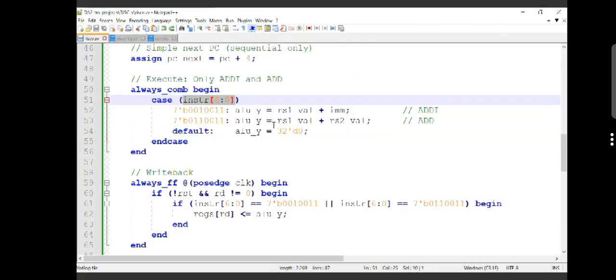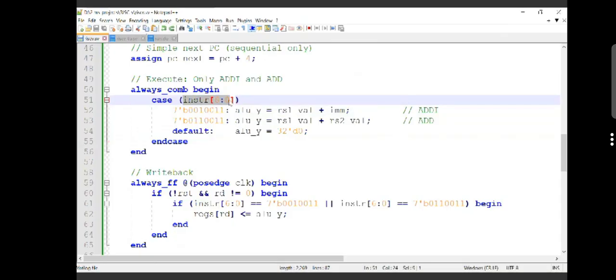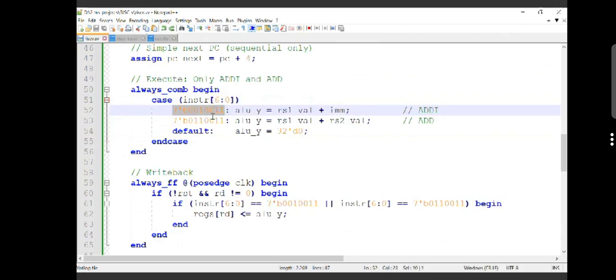Okay. So in these instructions, your first instruction is this instruction. First instruction is this 7-bit, right? How many bits of instruction are you giving? 0 to 6 means 7-bit of instruction. For suppose some instruction we have given. So if you are giving this type of instruction, any instruction you can give, then it will go and execute this value, that is